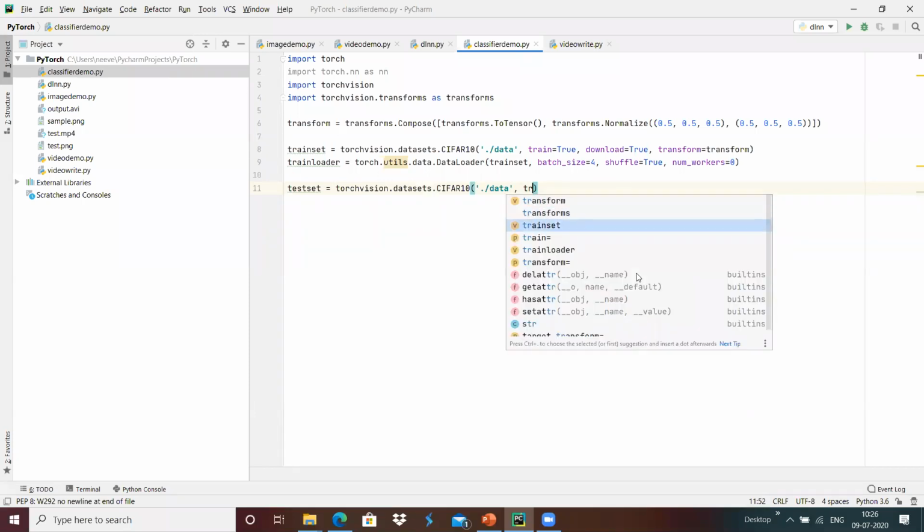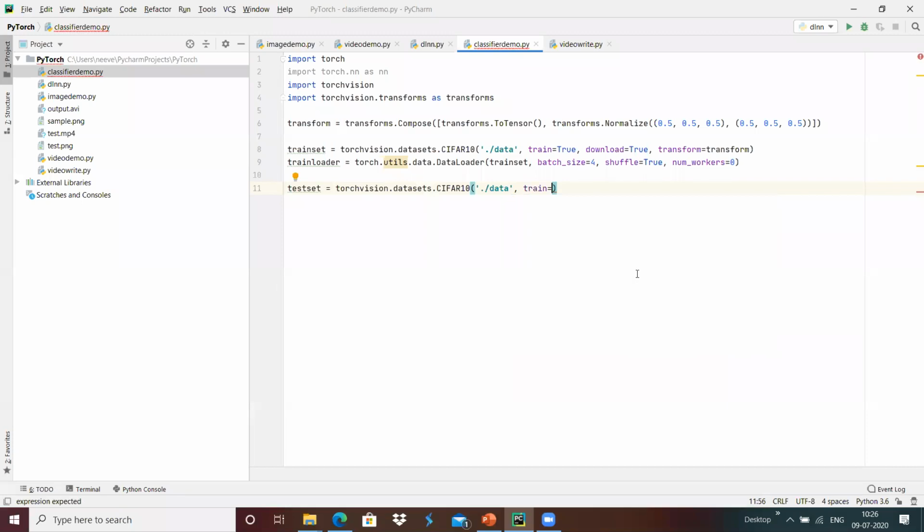Because of that, I'm going to define train equals false, so that the test images will be loaded into this test set. And once it is done, download equals true, and then transform equals the transform over here.